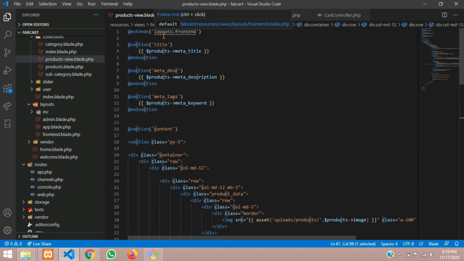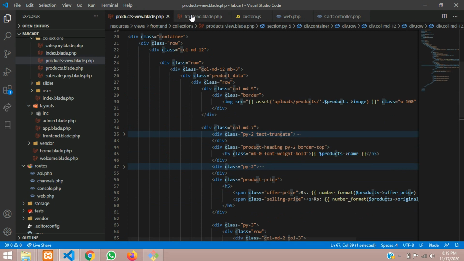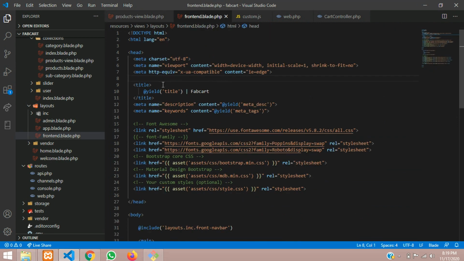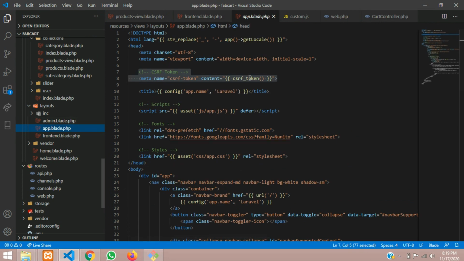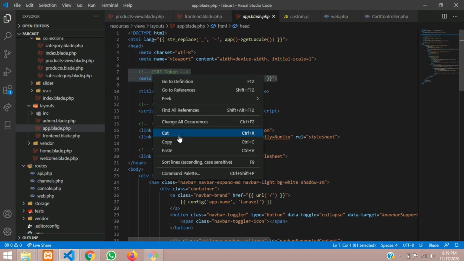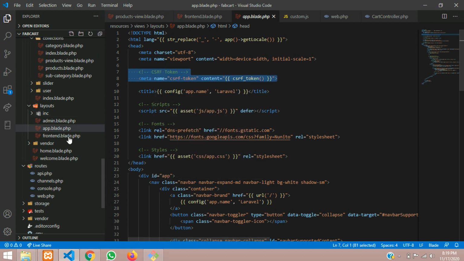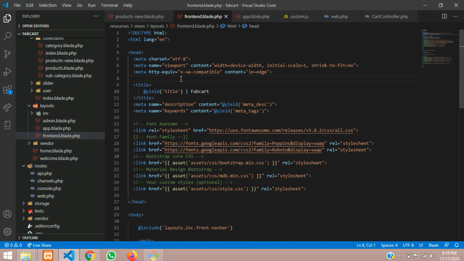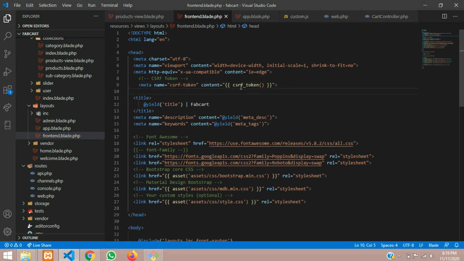So we have extended this in our product page front end. So we cannot find that tag. If you see in your old file, you can find that CSRF token, right? So let's copy this, Control C, and paste into your main blade file if you are missing it, so that it doesn't mismatch with the Ajax call of your CSRF token. Let's save this. So we have discovered one more thing, that if it is a mismatch, this might be missing when you're calling through an Ajax request.